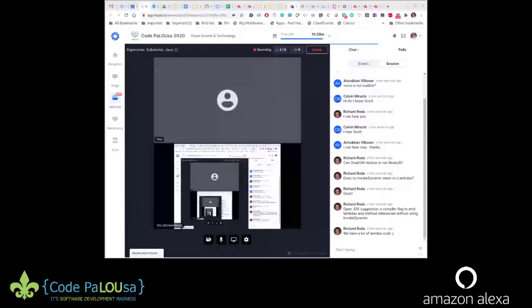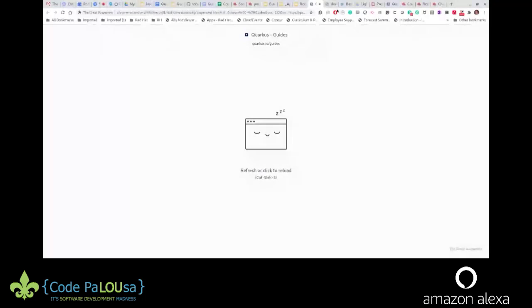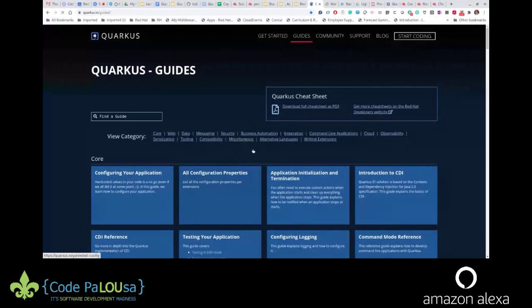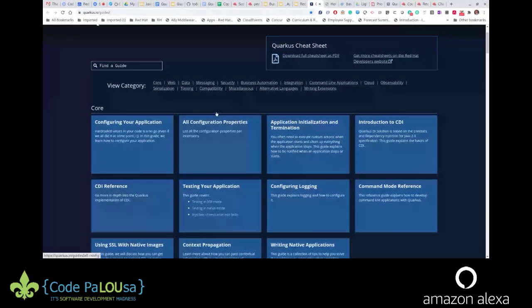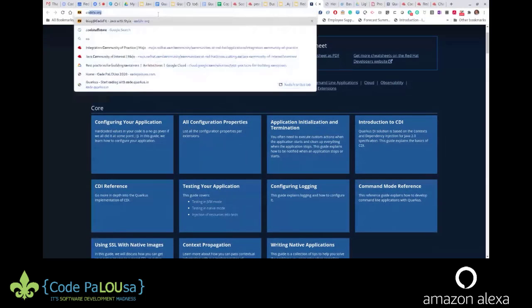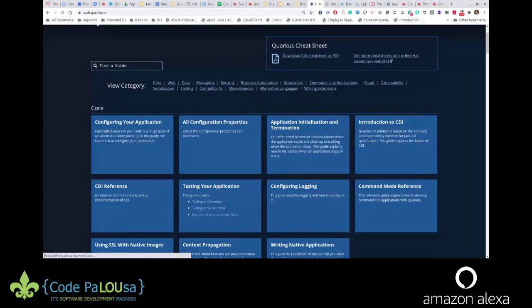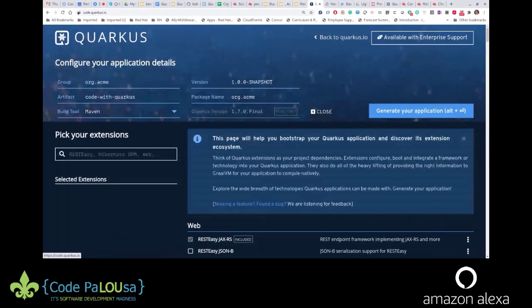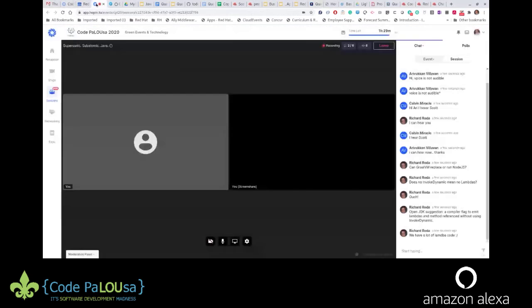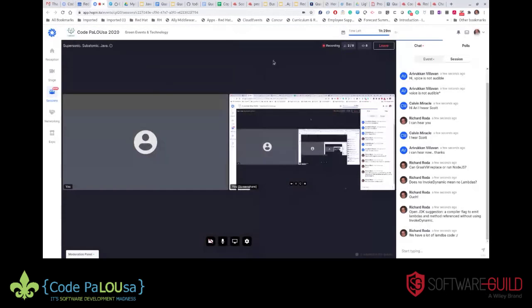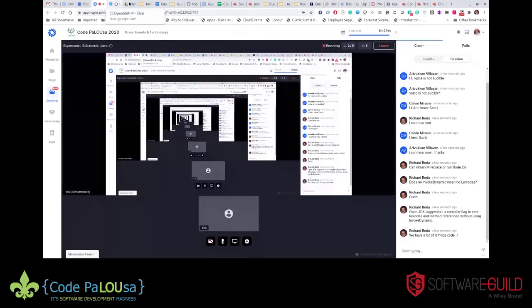Let's see here. Okay, so let me go to code.quarkus.io. Okay, let me make certain. I just want to make certain I'm sharing the right screen here. You should be able to see